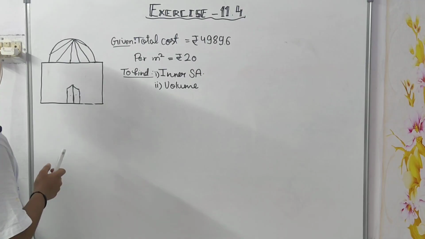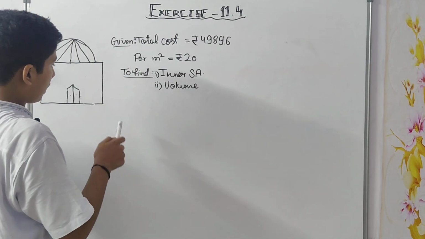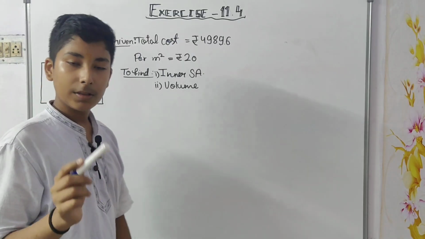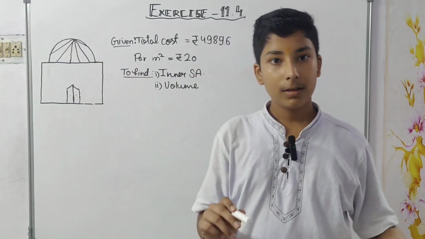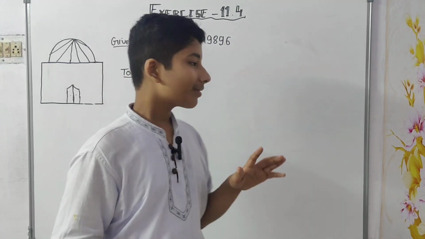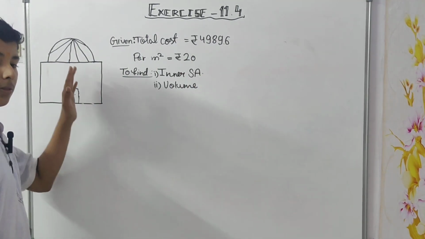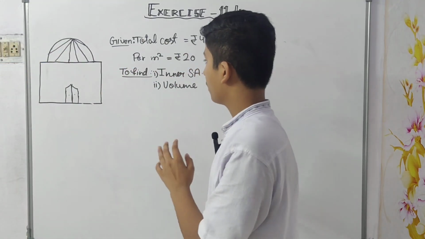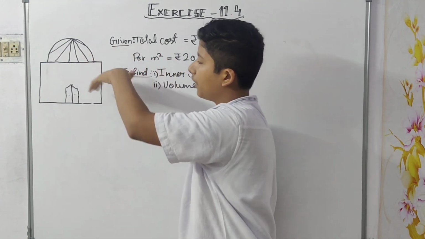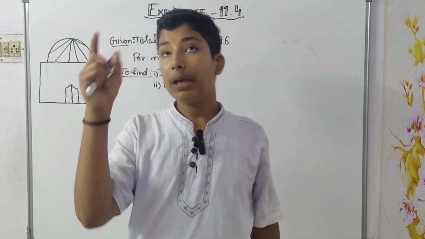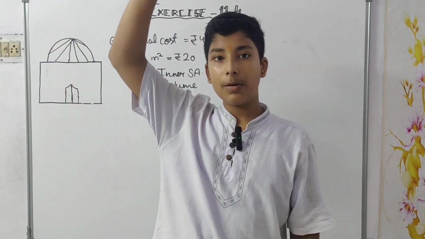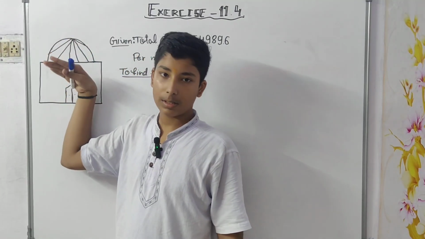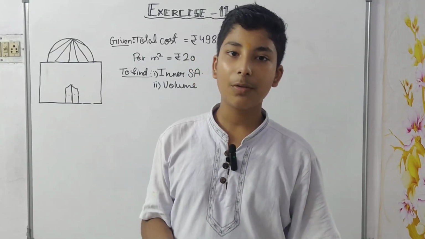First of all, in this question, it is given that there is a building with a dome over it. The dome is a hemisphere. Obviously, the dome cannot be a sphere, so either it would be hemispherical or conical. Here it is hemispherical. It is given that we have whitewashed it from inside, not from above. People went inside and whitewashed it, which means they painted it with white color.